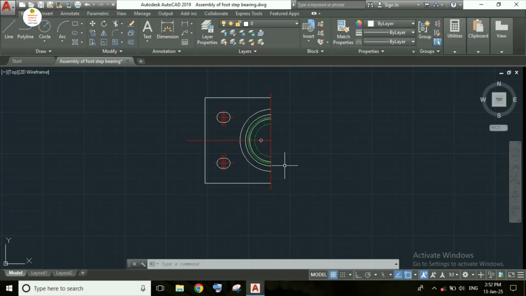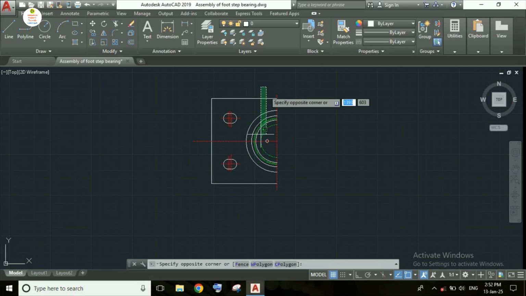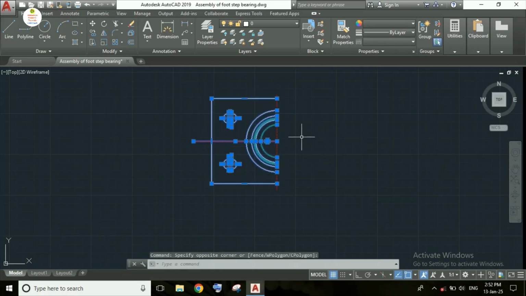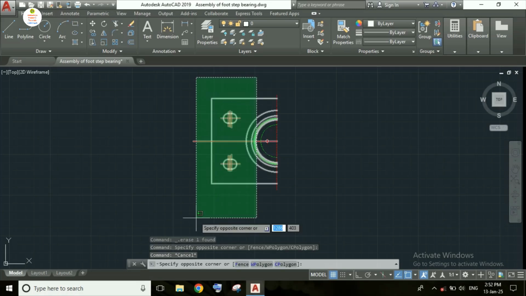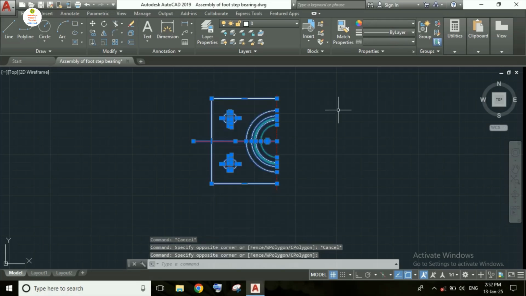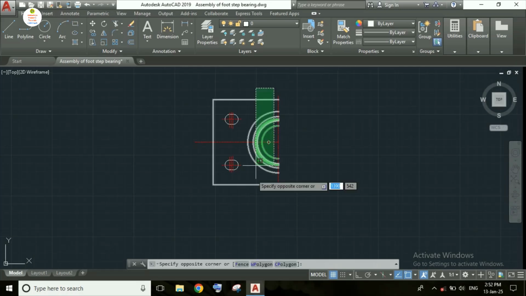In this video, we will study how to use the mirror command in AutoCAD. Here, students, as you can see, this is one side of the object, and we will mirror this part of the object to the other part, that is the right hand side part. Okay, so for that, first we will select